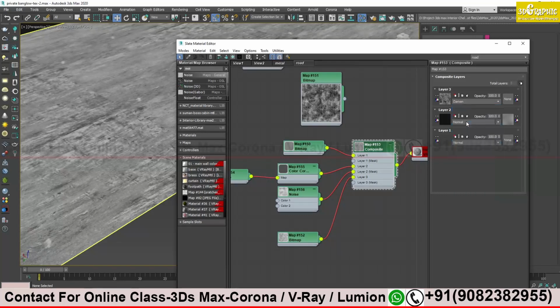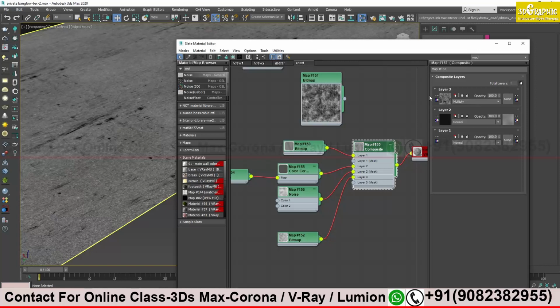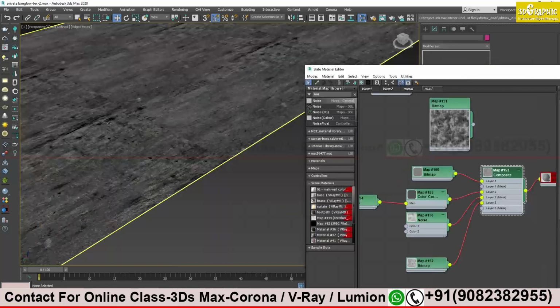We take dark or multiply. Here my system is actually not supporting me. Otherwise, it's really fast. I just have to click and scroll my mouse, and I can get different kinds of results over here. You see, now it's coming proper. If I switch to multiply, I'm getting a proper result. You see some scratches, some dust.